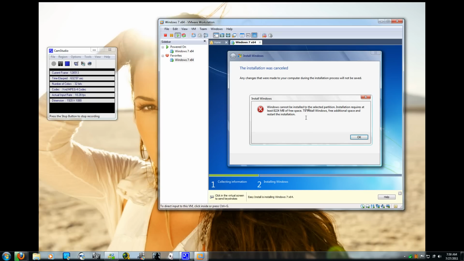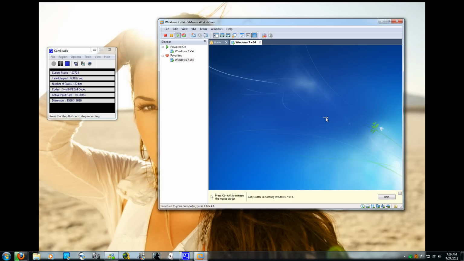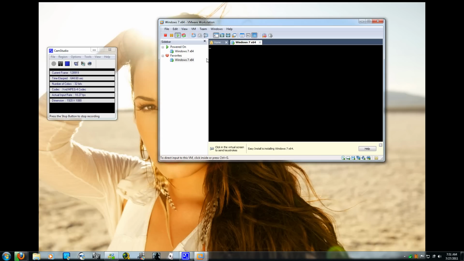This is basically telling me that I don't have any space, which I do. It's one of the common errors for Windows or VMware Workstation. But yeah, VMware Workstation installs normally, and